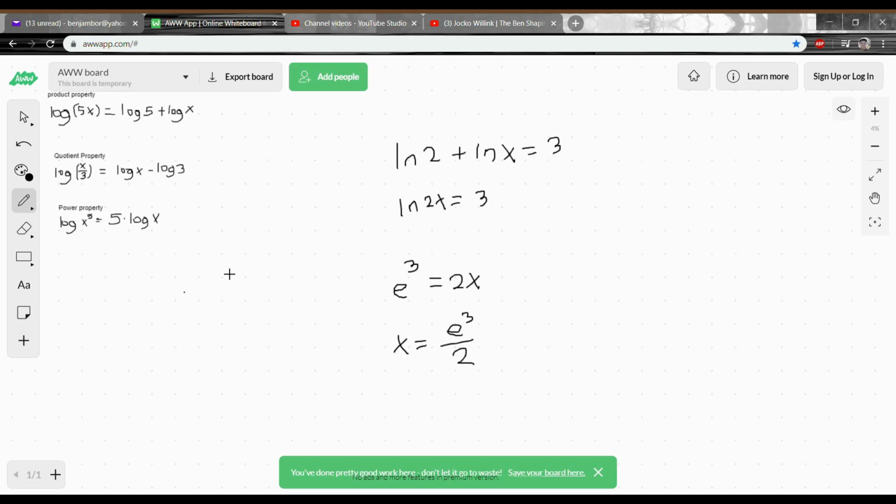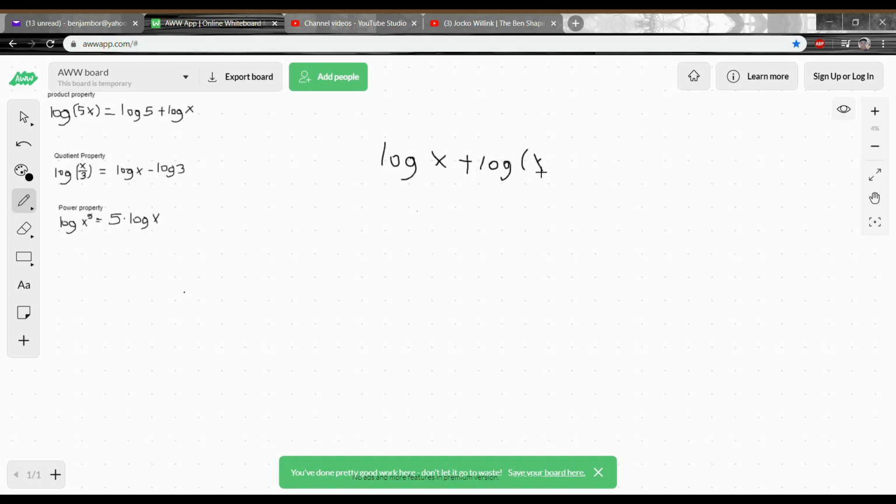Let's do one more problem involving a polynomial and a logarithm. So let's say we had the logarithm of x plus log of x minus 3 is equal to 1. Now the first thing we want to do is combine these, and we're going to use the product property to do that. So let's use the product property and get the logarithm of x times x minus 3 is equal